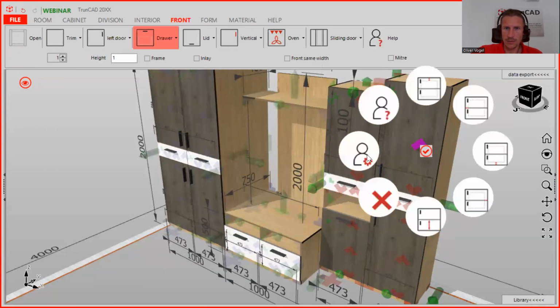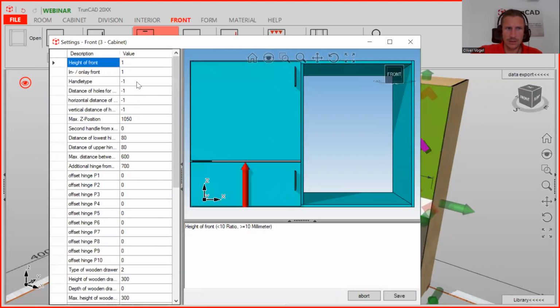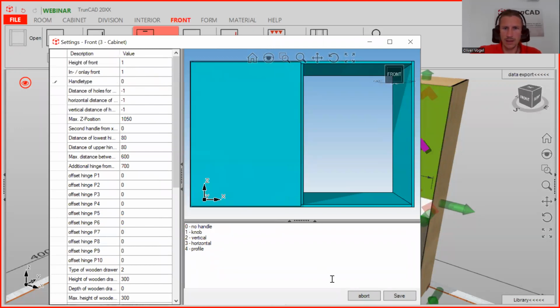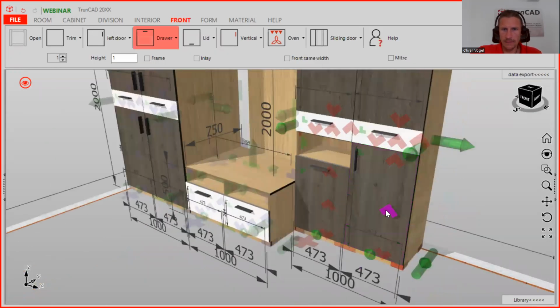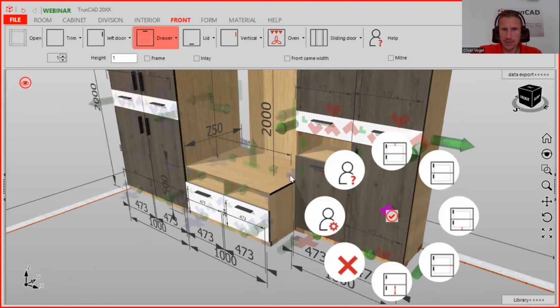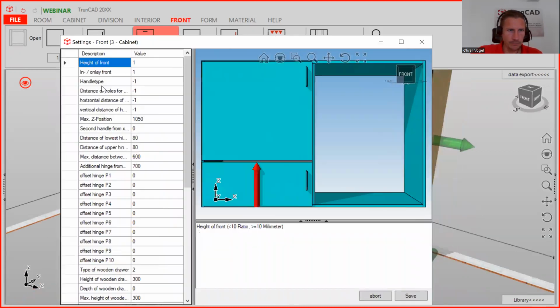Yeah, here again. I haven't figured out a faster way yet, but when you have something like this, here it's a bit unfortunate